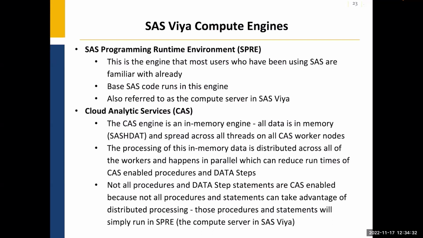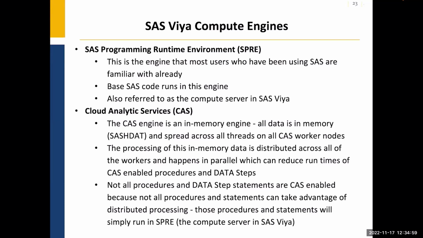Within these hosts, that engine is used by users to run operations that folks have historically written their SAS code in. It's essentially that base SAS code that runs within this engine as a compute server session that's spun up within SAS Viya. CAS, on the other hand,